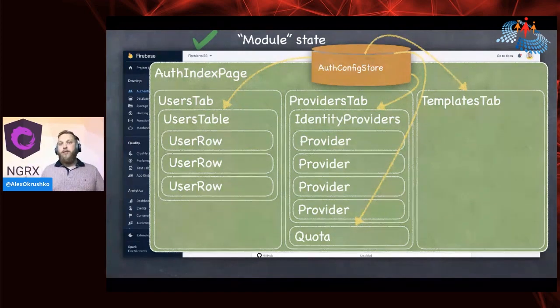Yeah, so anyhow, that's why we have it all this way, and this way it actually owns the state on that page, right? So this is where it covers it. So auth index page owns all of the config, and it's not shared anywhere above it. So it's only shared